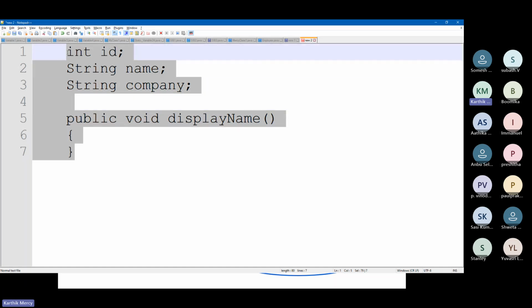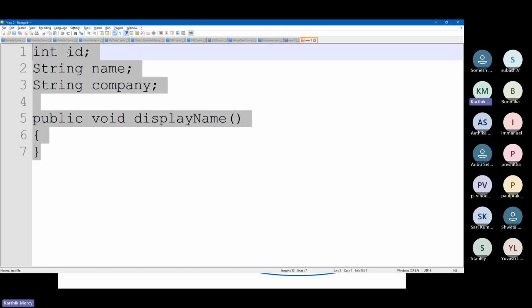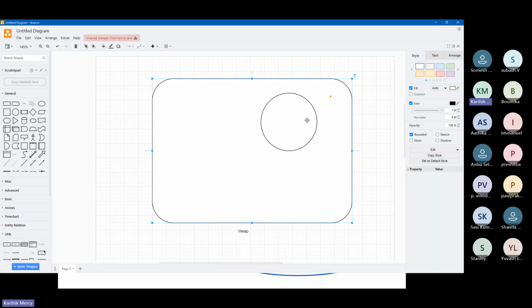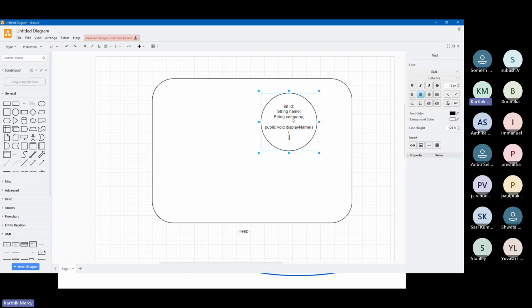I want to copy all this and put it in my diagram. Same thing, right? So let me copy this and do something like this.